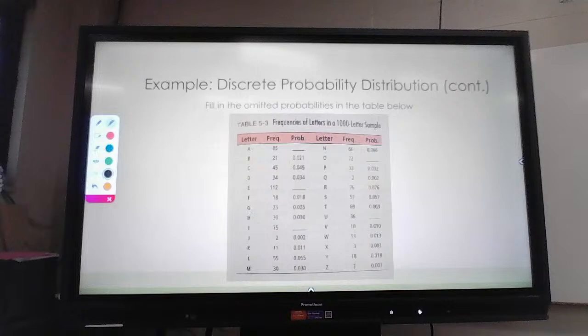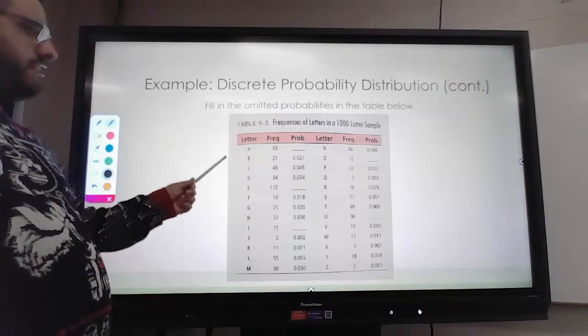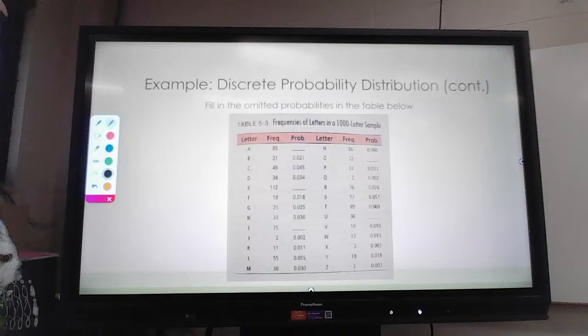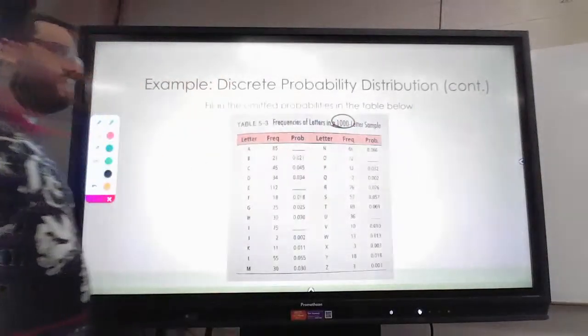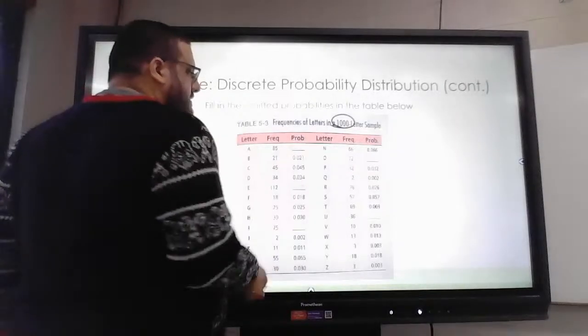It looks like we have some probabilities that are missing. Well, why don't we go ahead and fill in those probabilities? So when we talk about probabilities here moving forward, we're treating them the same as we would relative frequency, meaning that we take the frequency of each value of the variable and we divide it by the total. Well, what's my total? My total here is 1,000. So for each frequency that I'm missing, I'm going to divide that frequency by 1,000, and that will give me my probability. So for example, letter A, if my frequency is 85, my probability is 85 divided by 1,000, which is